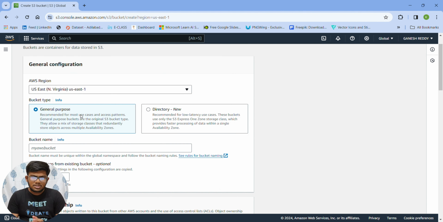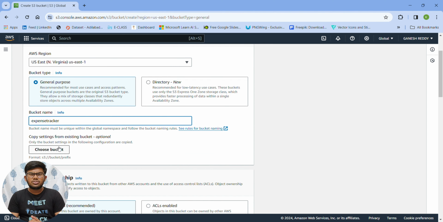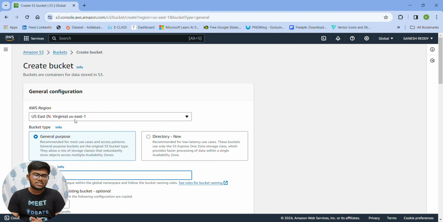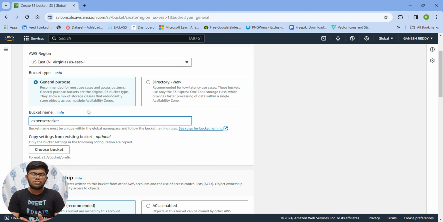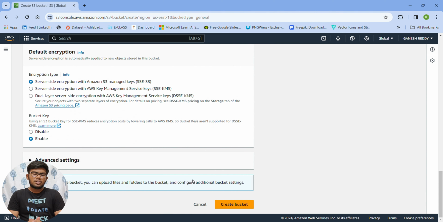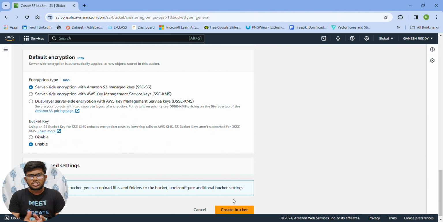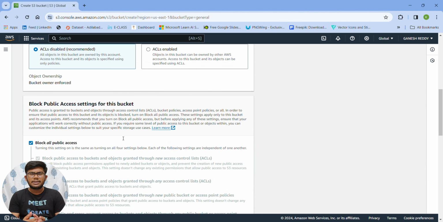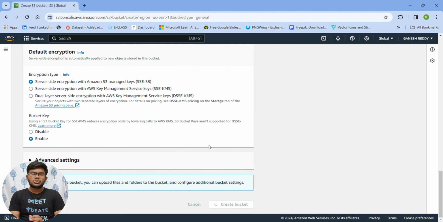When we click on Amazon S3, it opens a create bucket web page, and in that you select the region as default, US East, North Virginia, US East 1. After that you create a new bucket name, make all the other settings default, and click on create bucket. If you get an error, you just change the name of that bucket. Sometimes a bucket with the same name already exists, so you change the bucket name to store the new